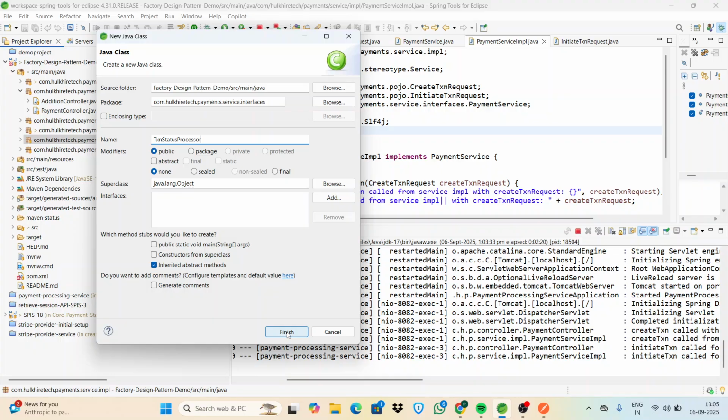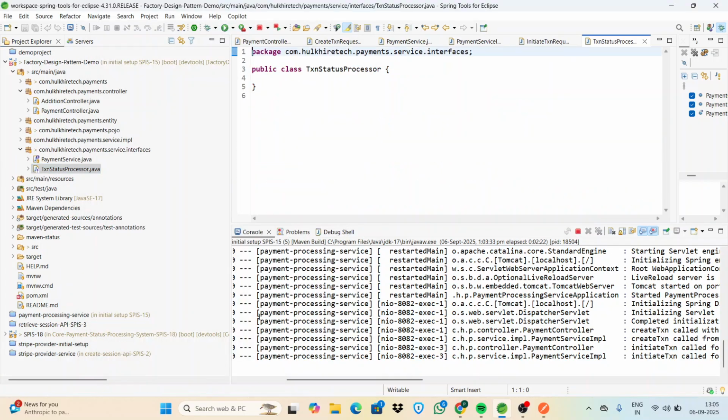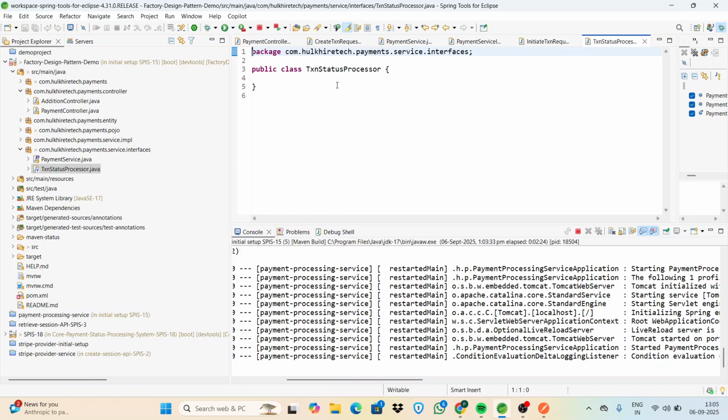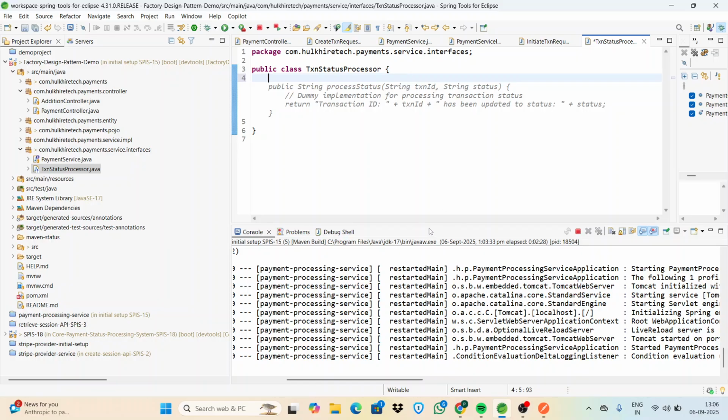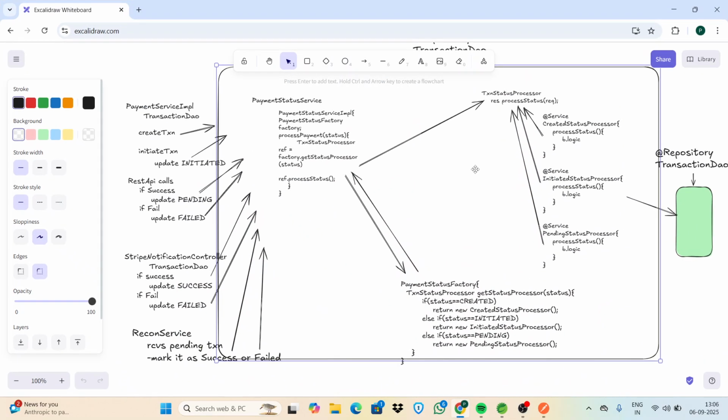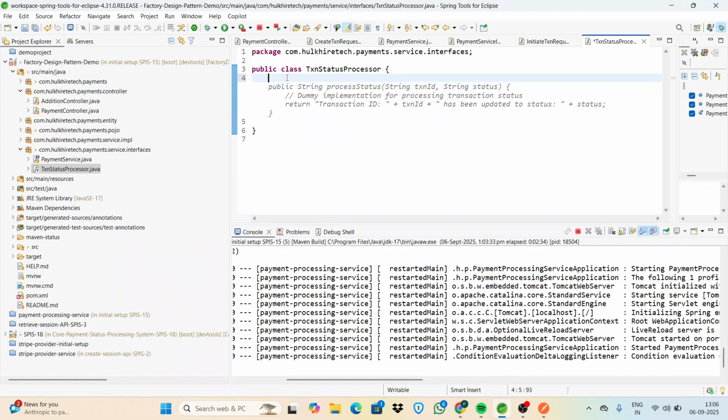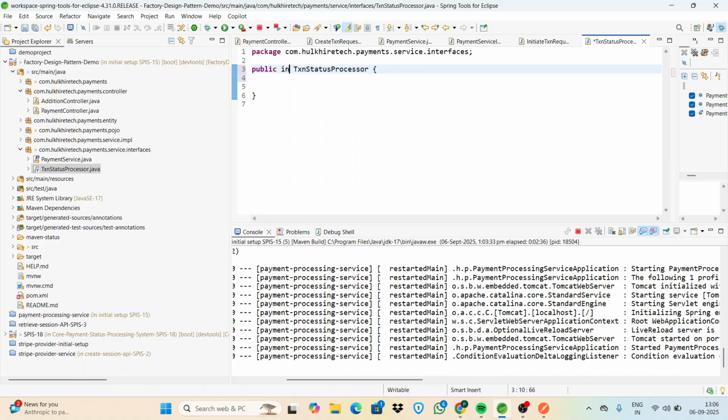Okay, finish. As I explained, the transaction status processor is nothing but an interface, so I'm mentioning it as an interface